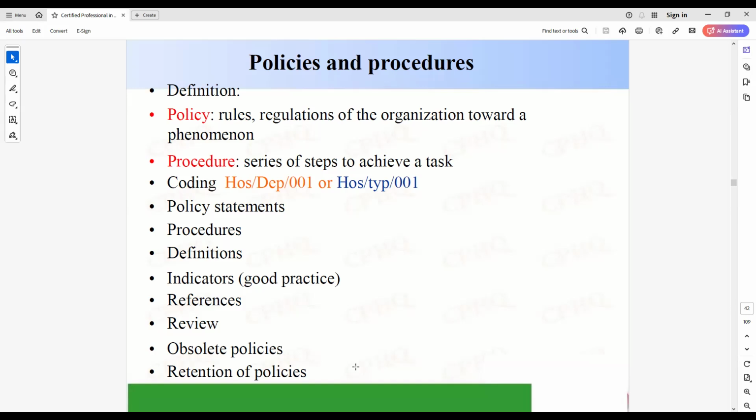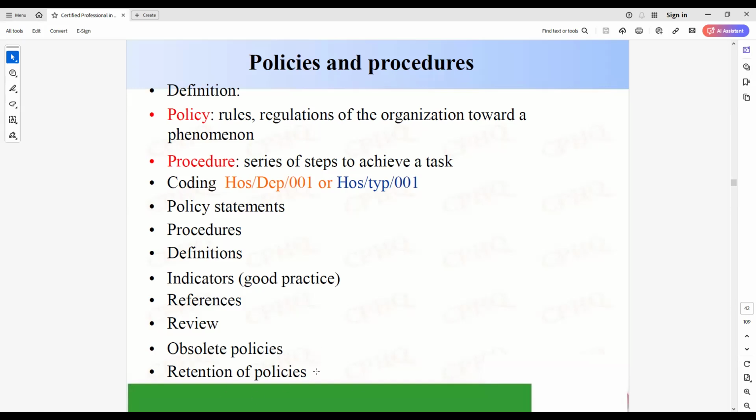Sometimes policies are required when there is a court case about something that happened 10 years ago, or 4 years ago when SSMC was opened. We treated a patient, and then somebody comes to complain after a couple of years. So you should retain your policies long enough,